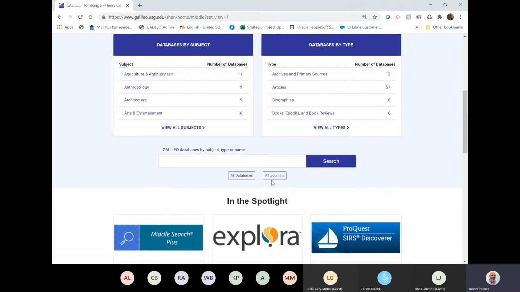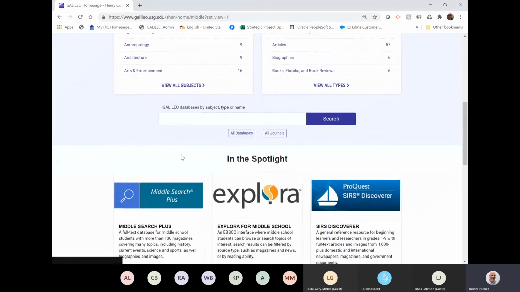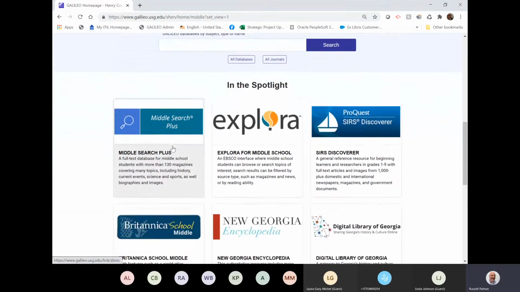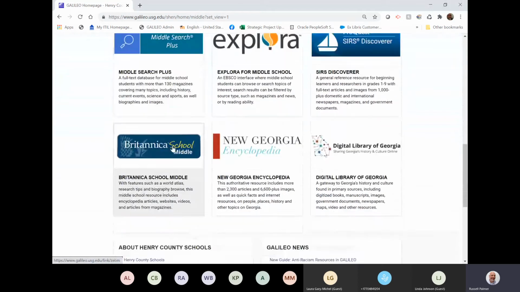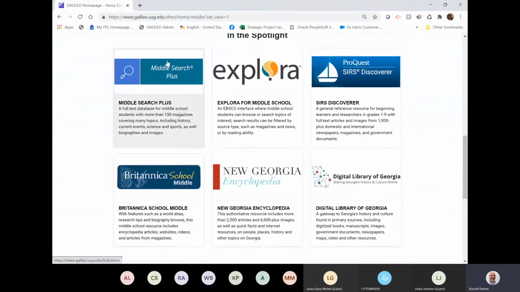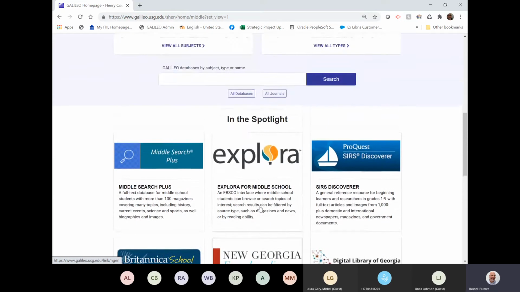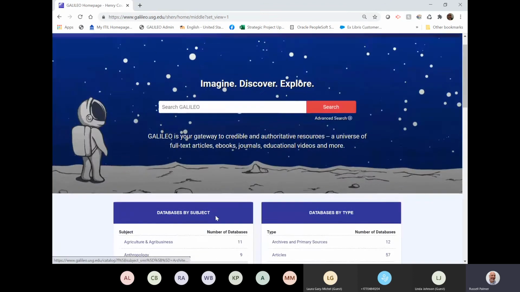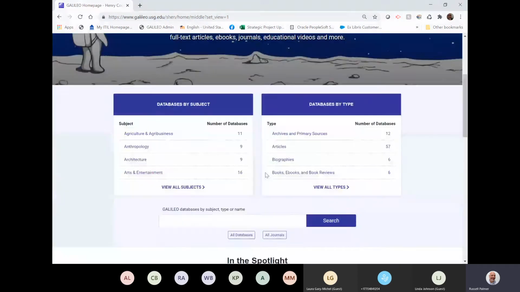We've included the database search. Hopefully by middle school they feel comfortable searching by keyword for a place to look. And again, we have specific spotlight resources in those middle school areas too. I made sure that we included the New Georgia Encyclopedia, for example, because I know sixth graders work with it a lot and eighth graders work with it a lot in terms of the curriculum for Georgia studies in those years. So we tried to be sensitive to what was there,